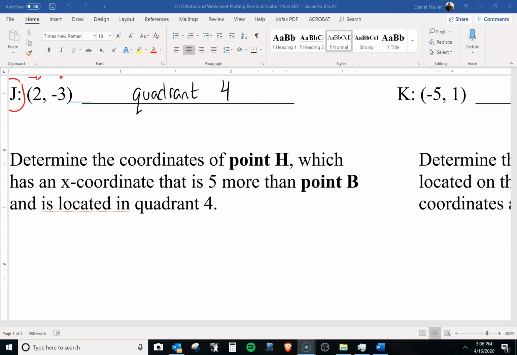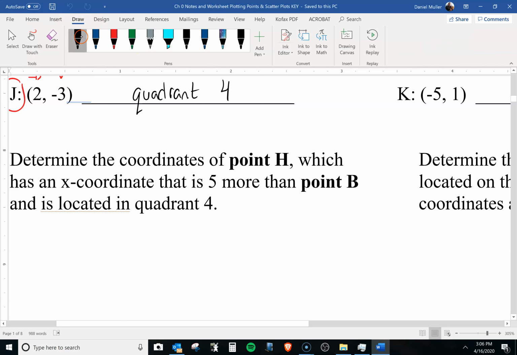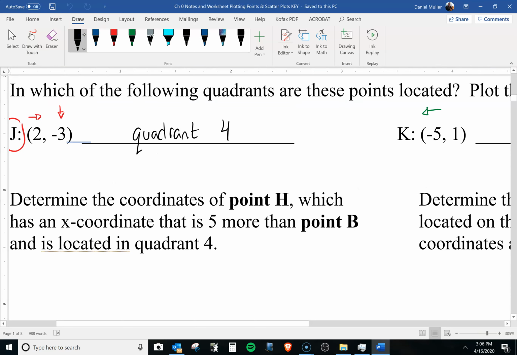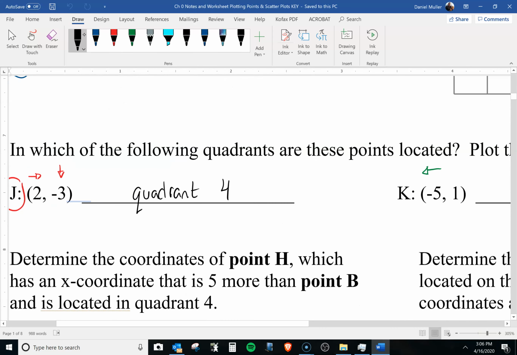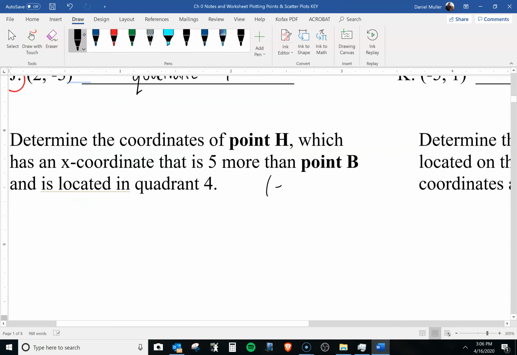We need to now find the coordinates of some point H, and it gives us a little bit of information. It says that the x coordinate is 5 more than point B. So point B, I don't know what point B is anymore. So let's take a look at point B. Point B is negative 2 comma 0. And we need ours to be 5 more than point B, and we need to make sure it's located in